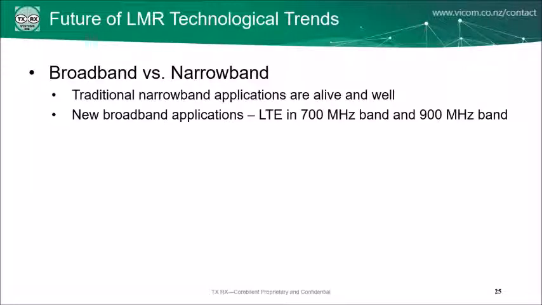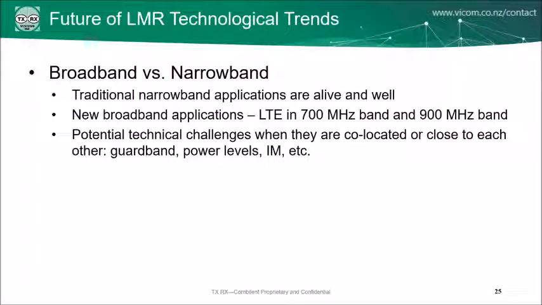We mentioned that we've got new broadband applications. LTE was one of them that I mentioned first. We've got the 700 megahertz band and the 900 megahertz band, which both use heavy broadband applications. And this means that we've got some potential challenges, because when broadband is right next to narrowband, you can swamp out the narrowband if you're not careful. We need guards, we need to control our power levels, we need to control our intermodulation. This is all done by way of filtering, some active controlling as well. Make sure that nothing really steps on anything. And this is where our applications engineers can help you, by making sure that none of your frequencies step on any of the other